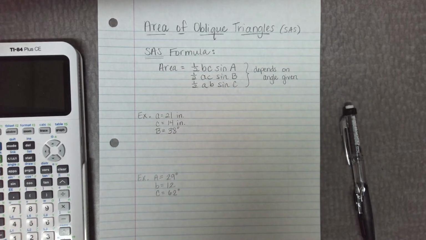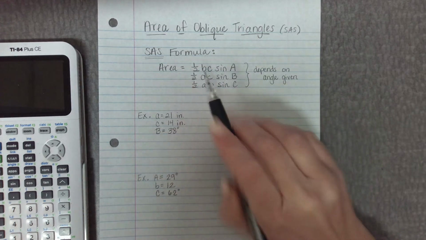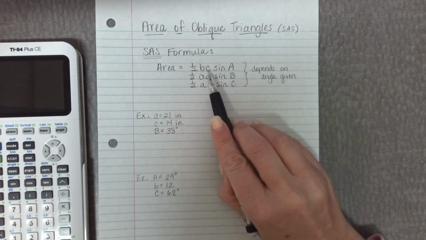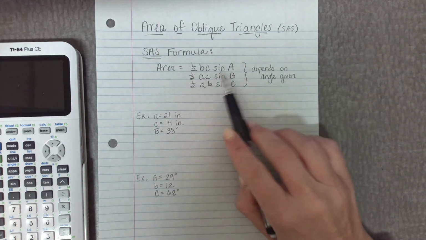In this video, we're going to look at finding the area of an oblique triangle when you're given side, angle, side. Normally the area of a triangle is 1/2 base times height, but to use that formula, you have to have a height or an altitude, and typically with oblique triangles, you're not given that height or altitude. So the side angle side formula is 1/2 times the two sides you're given times the sine of the angle